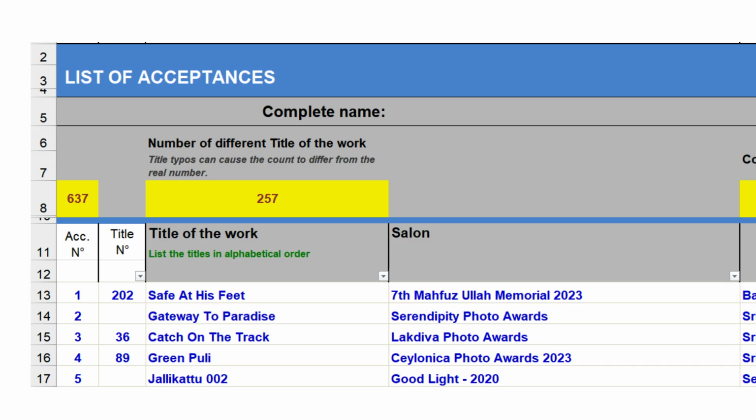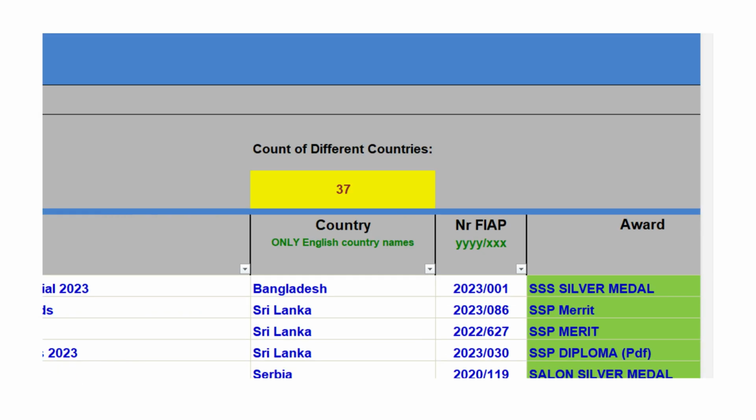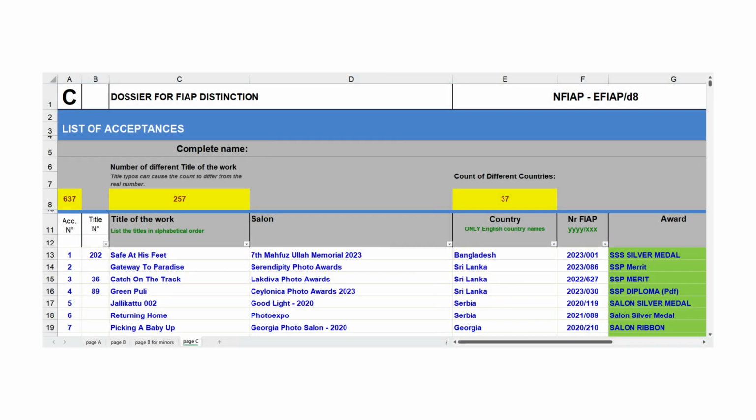The first total is your acceptances. The second is your unique titles. The third is the count of countries where your work was accepted. If any total doesn't match what you expect, check for a missing title number, a typo in the title, or a country entered incorrectly. If you only have a few acceptances, you can type them directly into the dossier one